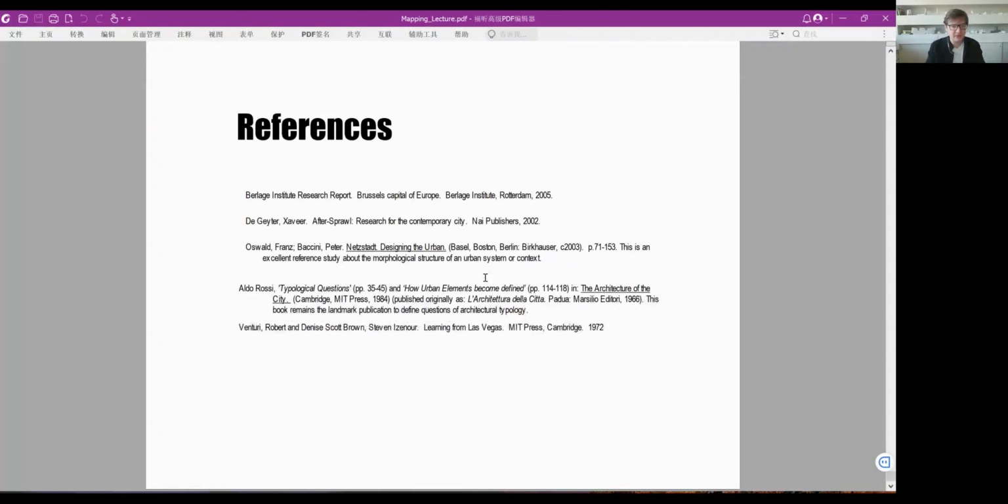I want to finish, but before I finish, I want to give you the literature. It's a very famous literature that I basically quoted and which I used for this lecture. It's from Berlage Institute. They did the research about Brussels, the capital of Europe. Javier de Gaeta, the book called After Sprawl. Franz Oswald, The Netzstadt, Designing the Urban, the Net City Theory. And of course, you know, Aldo Rossi, Typological Questions, and